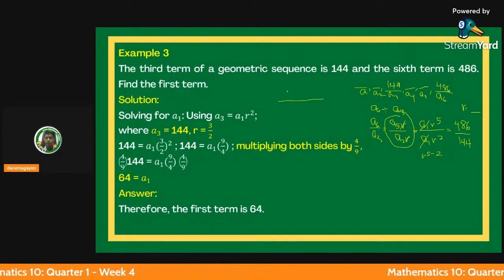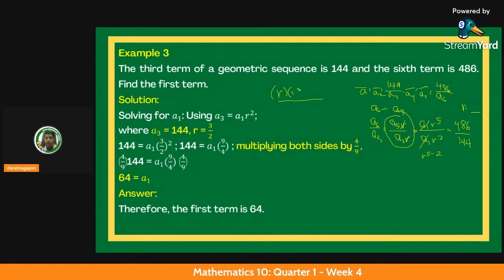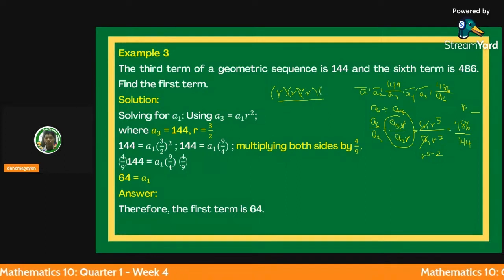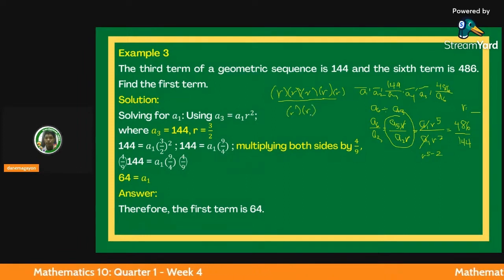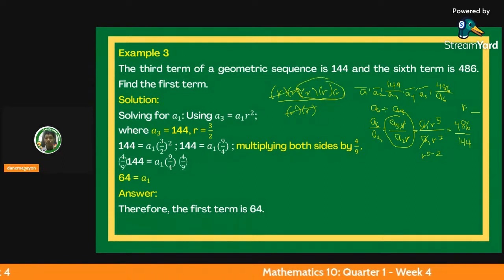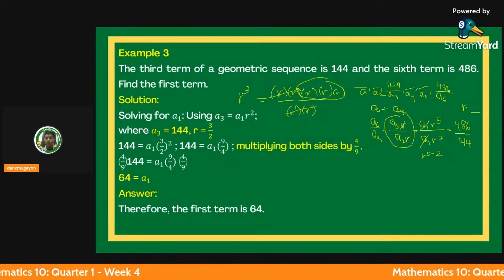Or, diba sa klase natin, pinapakita ko yun na yung R raised to 5, it means meron tayong 5 R's. Dito sa case na to, we have 5 R's. And then sa baba naman, meron tayong 2 R's. So we identify their common factors, tinatanggal yung 2. As a result, 3 R's na lang yung maiiwan. So yung answer natin in this case will be equal to R cubed. So meron tayo ditong R cubed,